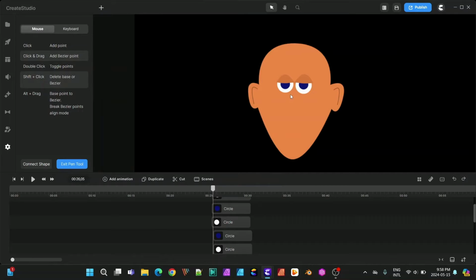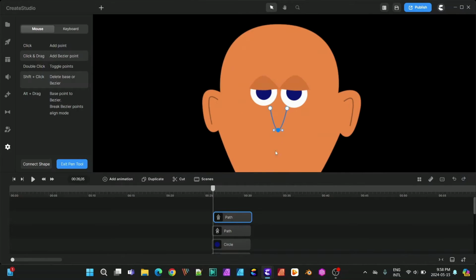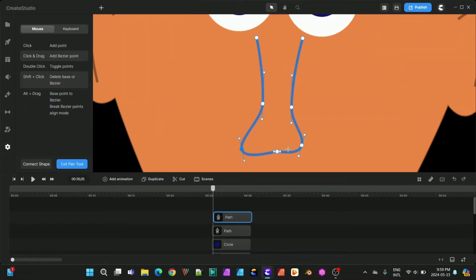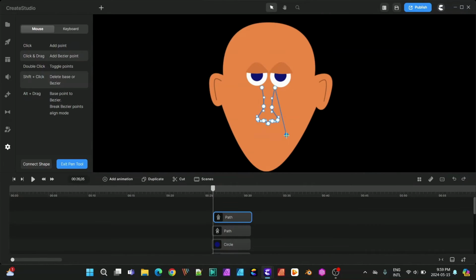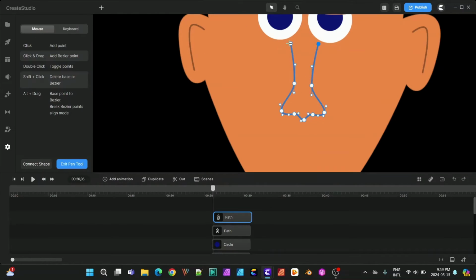Next, I'm going to make the nose, and the nose I do by just making a straight line and then adding a node to the center and pulling down on it. And the nose can be almost any shape you want. I'm going to start sculpting the nose out here. And once I have the nose close to a shape that I like,